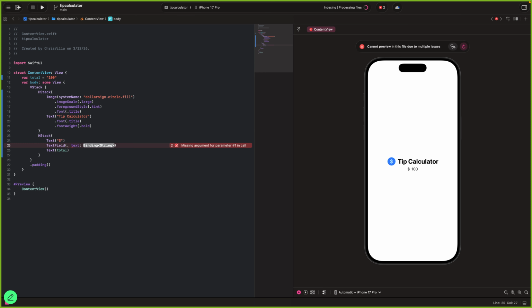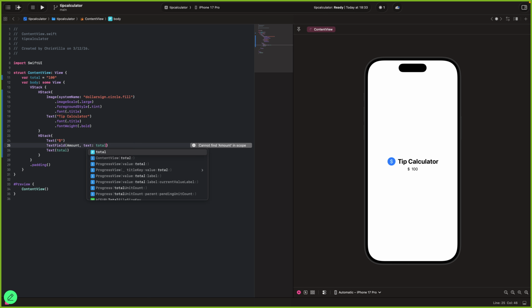I would say you can write amount. And then here you want to add the variable that it wants to change. Let's say state. No, it's total, sorry. Total.